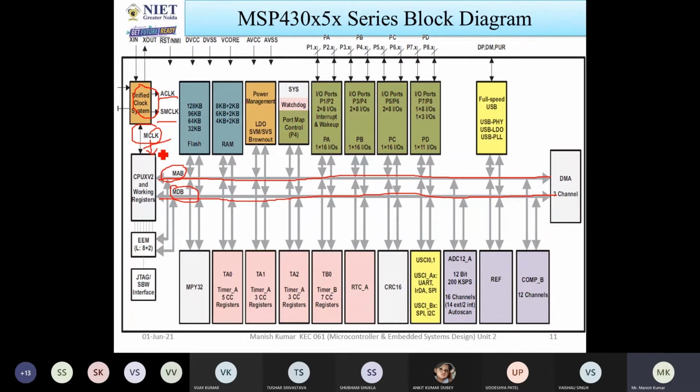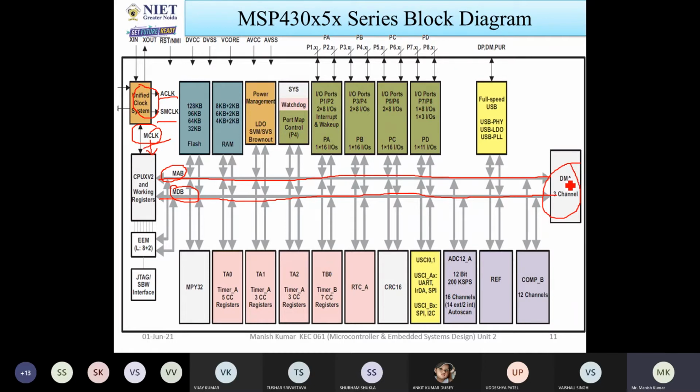But in this microcontroller, there is a feature with which, if you want to stop only the CPU, you can stop the MCLK, and the rest of the peripherals keep working. Like this DMA, direct memory access. What is the use of DMA?